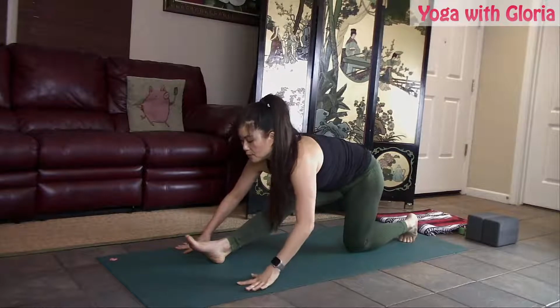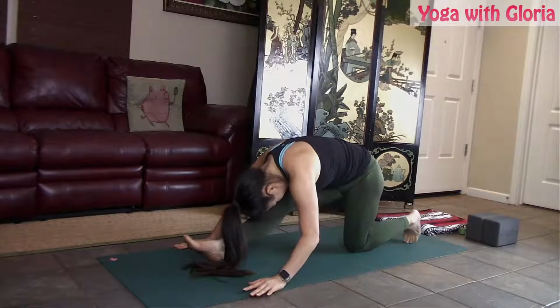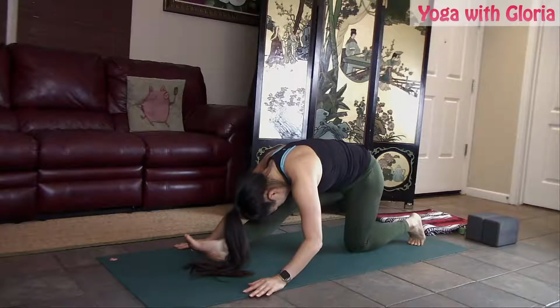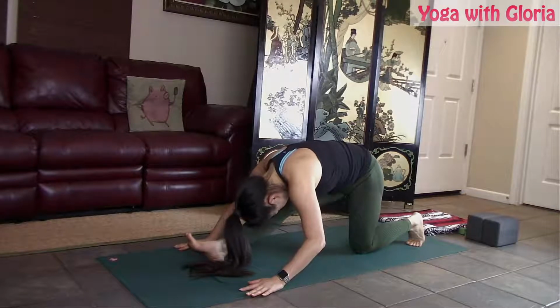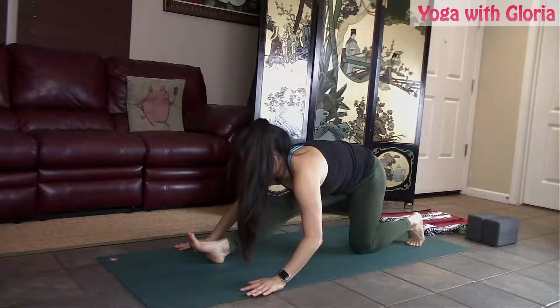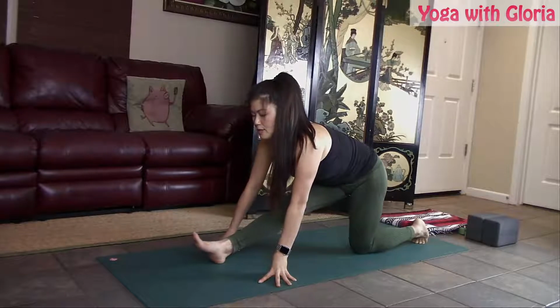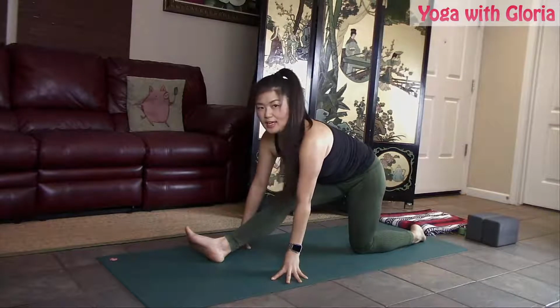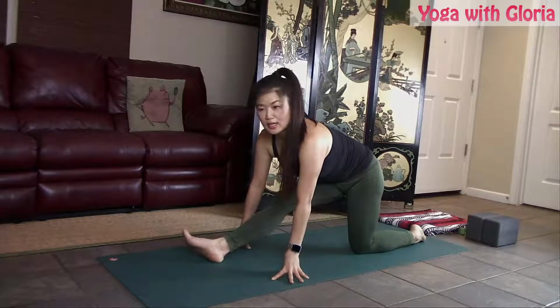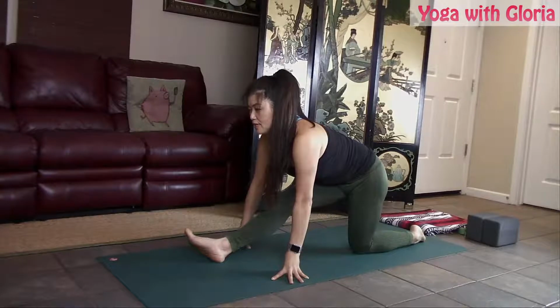And if that feels okay and you want to go deeper, forehead towards your shin, just bowing over. Okay, and then pause. You're going to take your toes, which are pointing straight up, and turn them slightly to the right as far as you can. So that'll activate a different set of hamstrings. So then you'll pull it back towards you and feel different parts